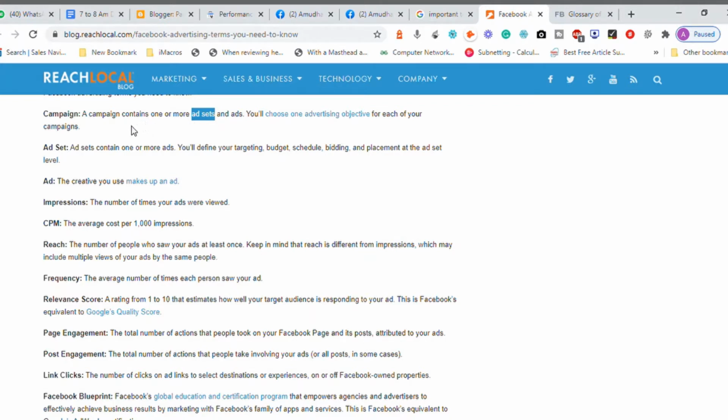Each and every ad set will have a goal, or an advertisement to be reaching the people. So a campaign is basically a place where you will be creating advertisements using ad sets.